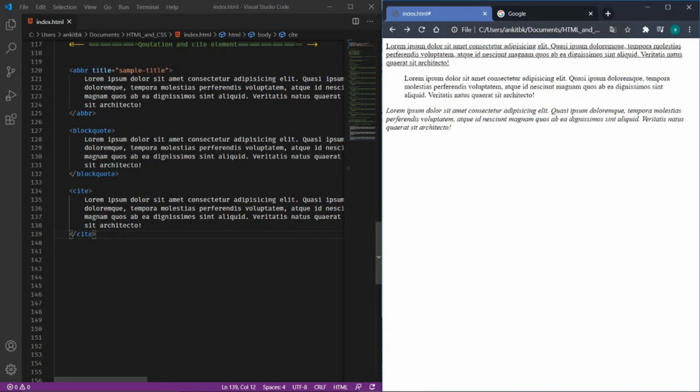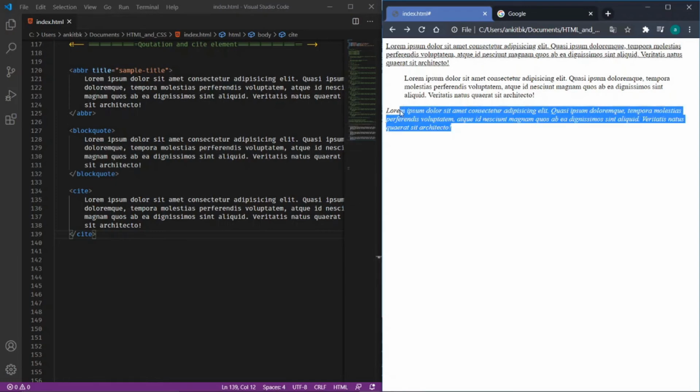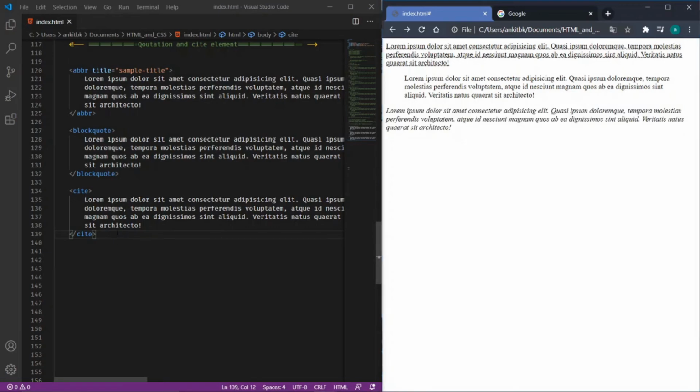For example, there is a section of a blog that is star rating blogs. So we can have a title of that, and it's usually styled like this. So you can just add this kind of cite element and use it for such scenarios.